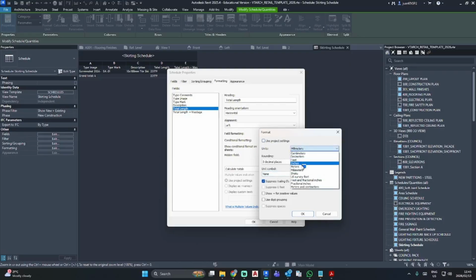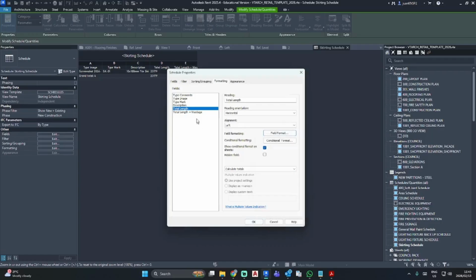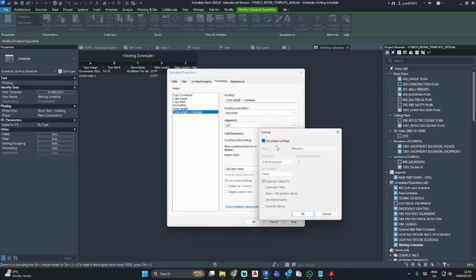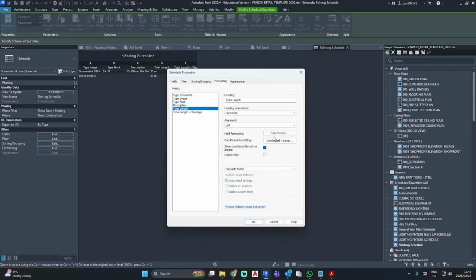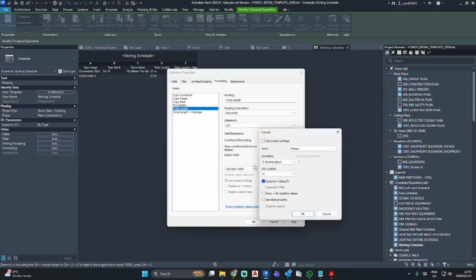You can say, let's say we want to use meters and meter, go OK. And let's do the same for total length. Add our symbol. And there it is in meters. I like to work in millimeters.